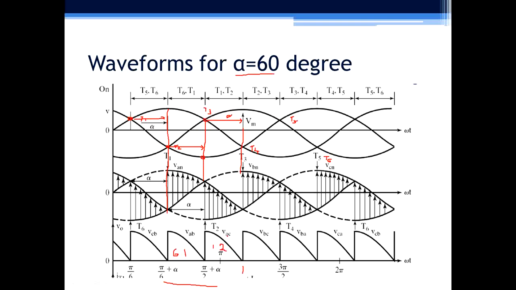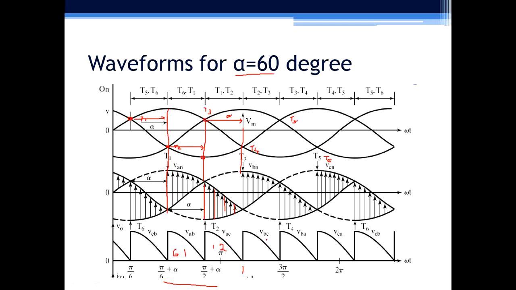So the output voltage here will be VAC. Here 1 and 2 are conducting, so output voltage is VAC. Similarly, at the next interval, from 150 plus alpha to 210 plus alpha, 2 and 3 will conduct and the output voltage is